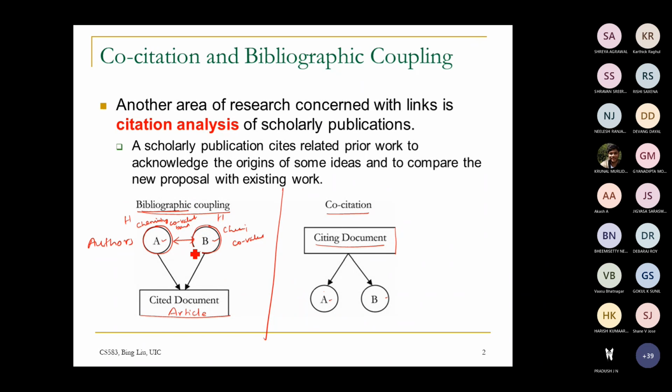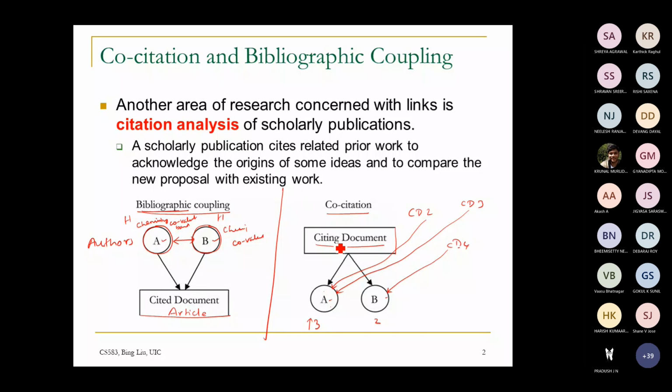Coming back to co-citation, the number of inlinks. I have several citing documents: document 2, document 3, document 4. This document is also citing this author, this document is also citing this author, and this document is citing this author. Which author has the maximum citation? You just see the in-degree, the incoming links. This one has 3, this one has 2, which means this author has the highest co-citation.